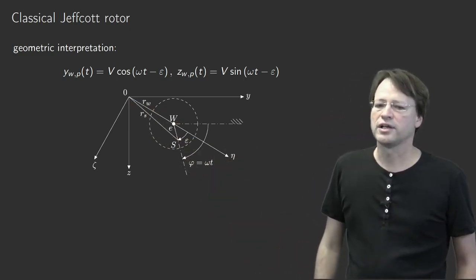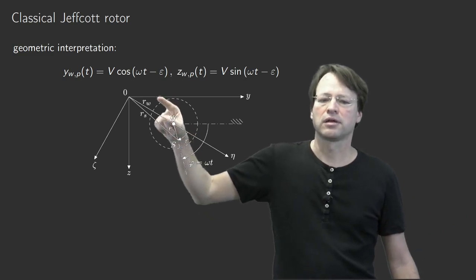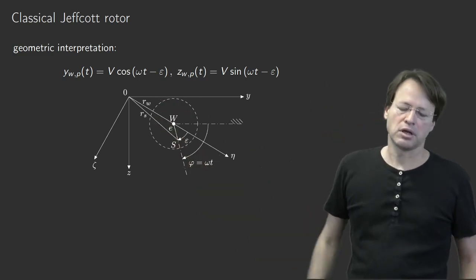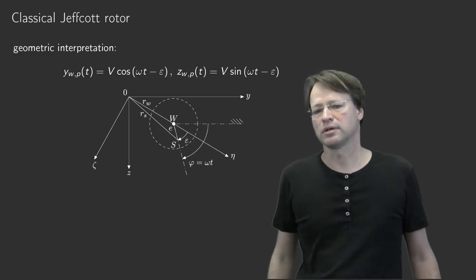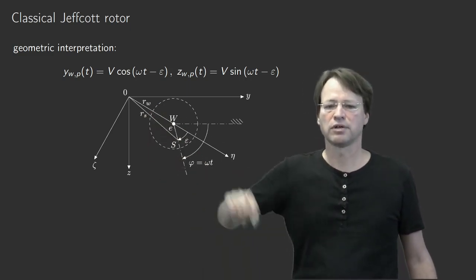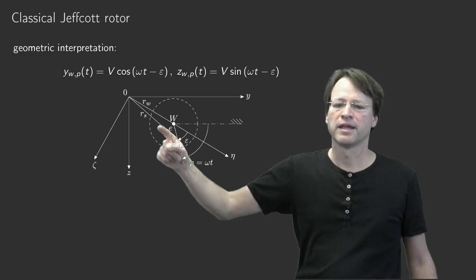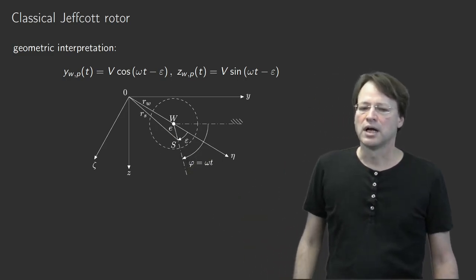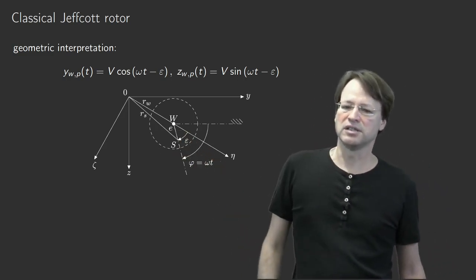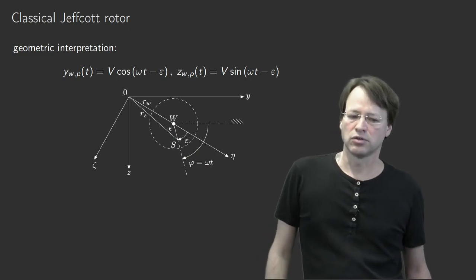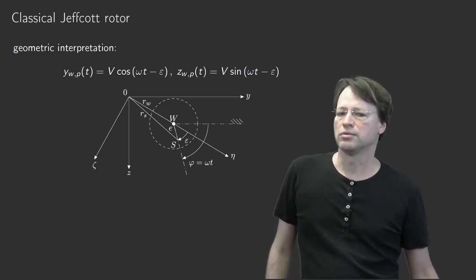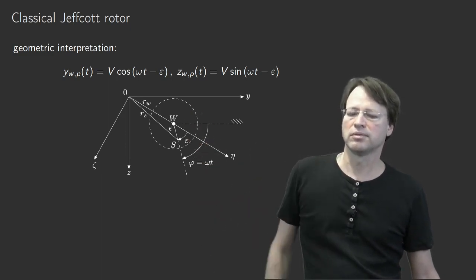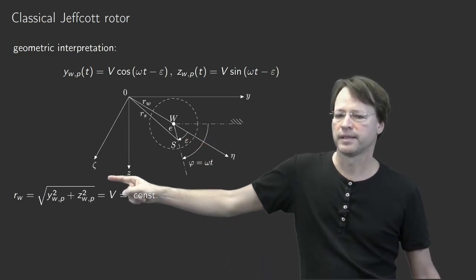And now I would like to compute the length of that vector, r sub w, and that length of that vector is also called r sub w. The vector itself would have a vector arrow on it, same for r sub s. So r sub w and r sub s denote the length of these position vectors. Let's move to r sub w. Clearly r sub w is represented by